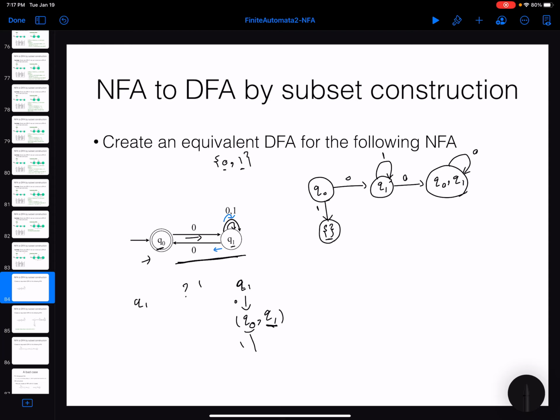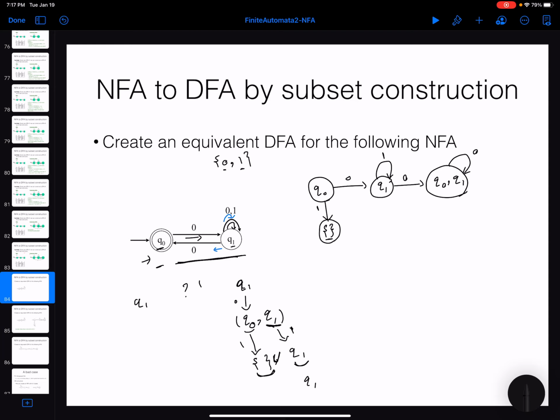You can see that there is no transition. So here you are going to the empty set. But if you also have this possibility that you can be in Q1, what would happen in this case? If you are at Q1 and you see a 1, you will stay at Q1. So the union of all the possible states here and all the possible states here is going to be Q1,